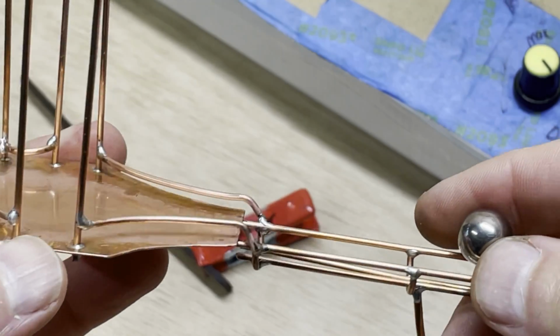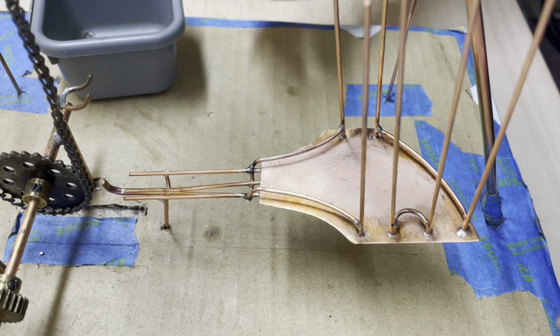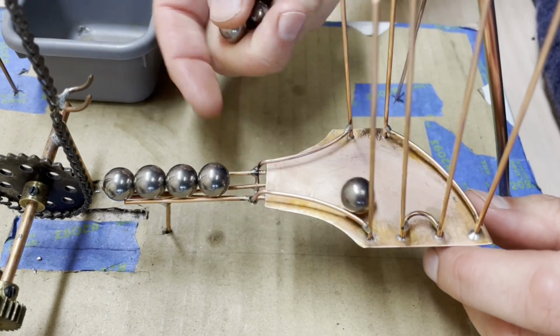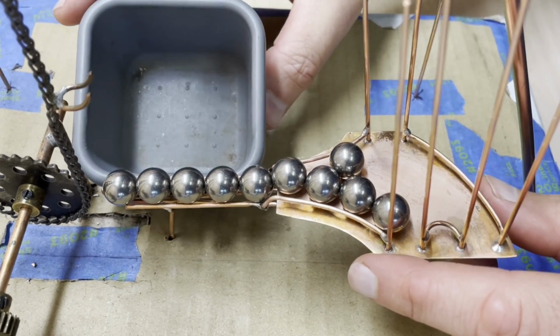Okay, I thought I'd do a test to see how this all loads up. So let's load it up with the balls. And then round one time, you can see